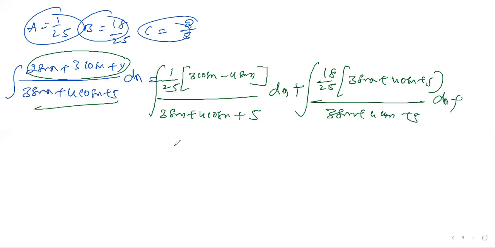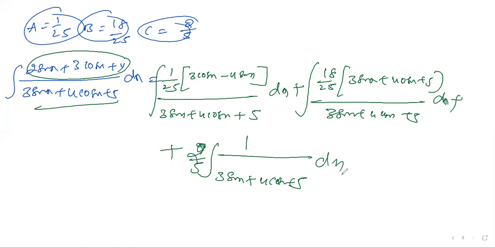What's the value of c? 2 by 5. 2 by 5, nothing else is there on the right. Denominator copy, 3 sin x plus 4 cos x plus 5. One page is out on this only. Okay. So here I do not want to waste our time. I'll tell you directly because the answers are simple. This is cancelled. You don't need to waste your time. This you just take as t. This is dt. Okay. I'm writing the answer directly now.